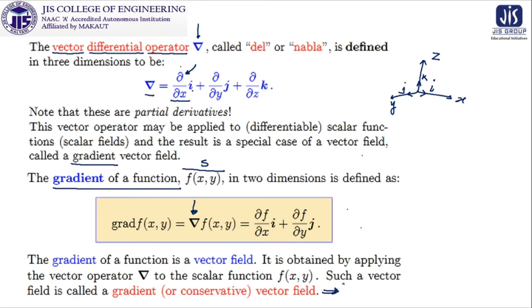Now we are moving to the examples. So we have a very basic function f of x y is equal to x plus y square. If I want to partially differentiate it with respect to x, we will get 1, and if we differentiate it partially with respect to y, we will get 2y.